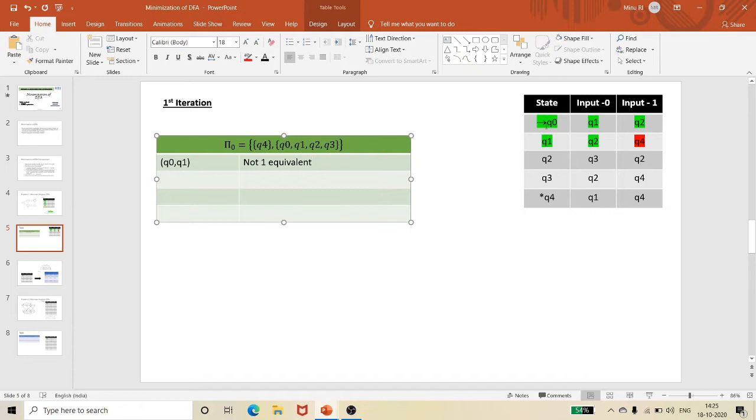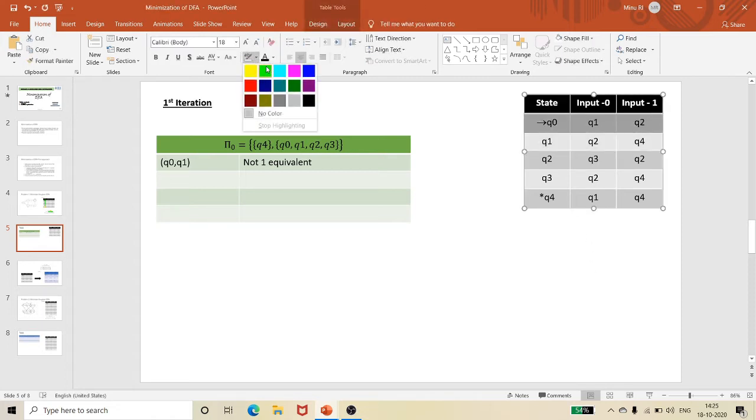Likewise, I need to compare the others. Q0, Q1 I compared. Let me compare Q0 and Q2. Let me check whether Q1 and Q3 are in the same set. Q1 and Q3 are in the same set. Q2 and Q2 are in the same set.